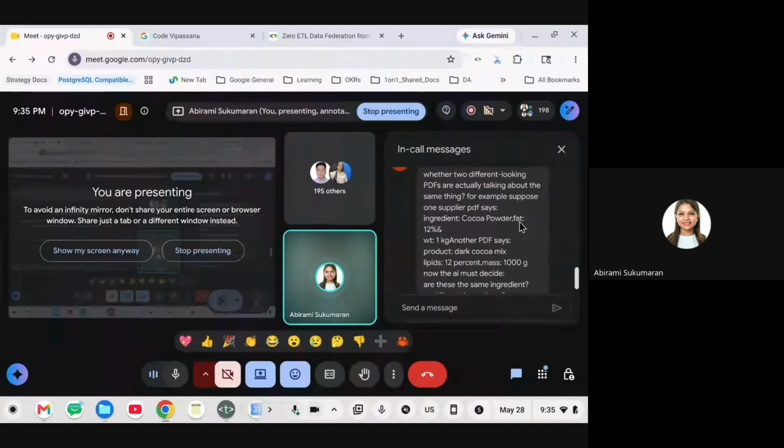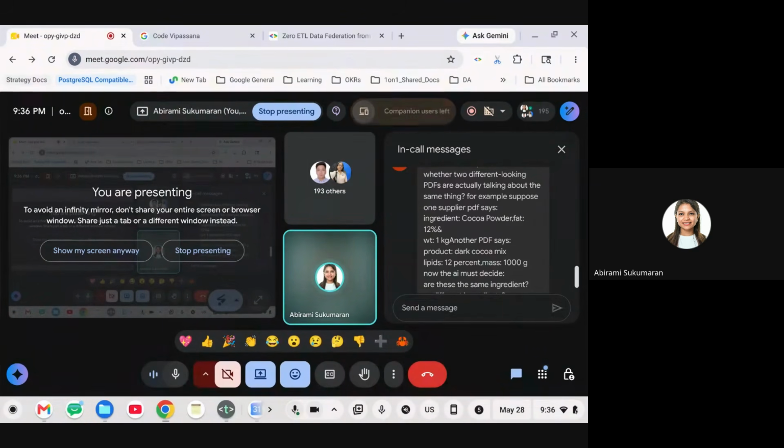See, unless these two are ingredients of a product, these supplier manuals won't even be looked at. Suppose cocoa powder and dark cocoa mix. It depends on where this supplier or supplier product ingredient is used. If it is not used in that particular product, it won't be referenced at all. So to a certain extent, your PDF files are guiding themselves.